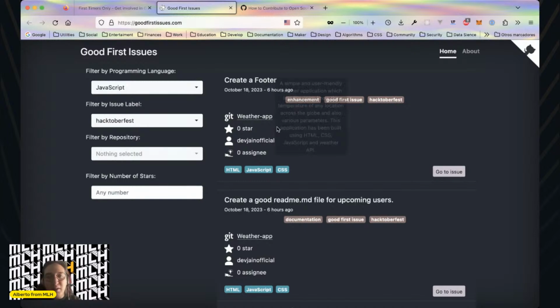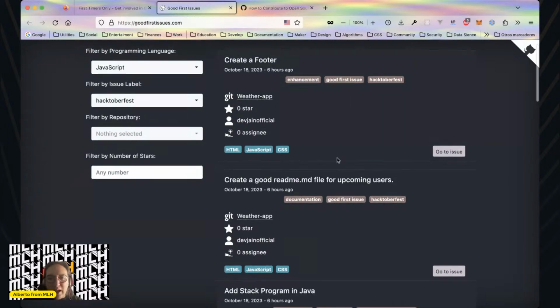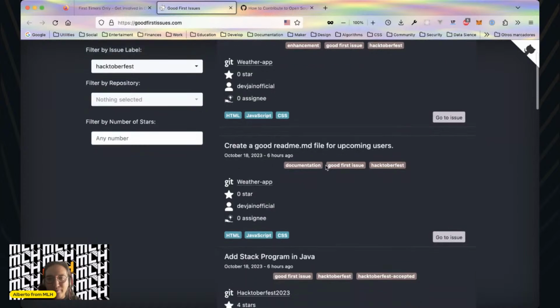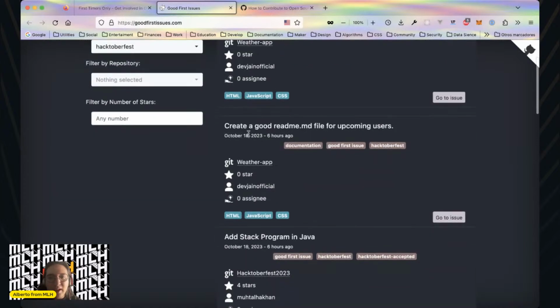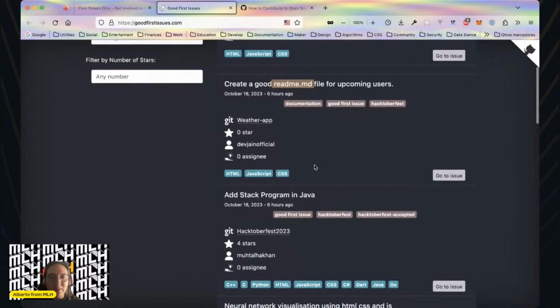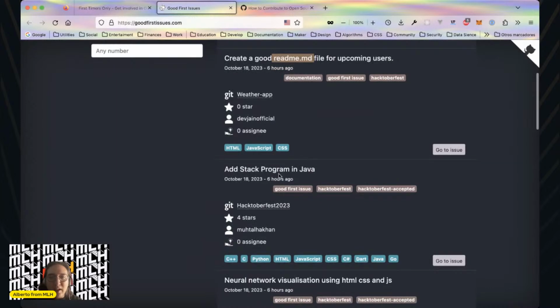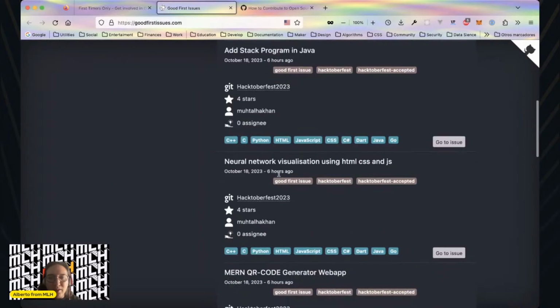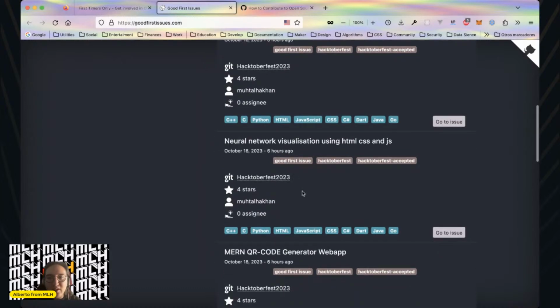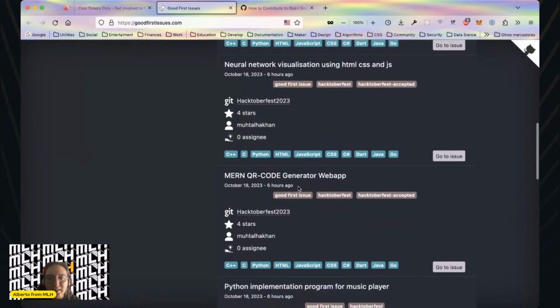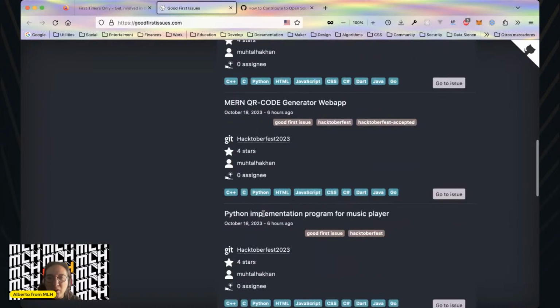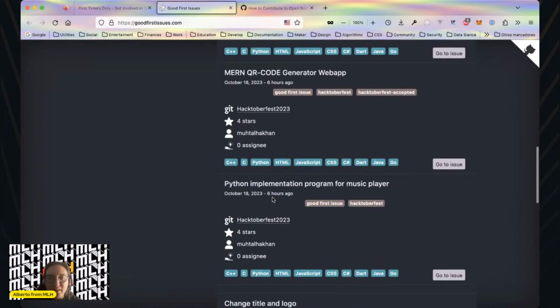This is something I can do, but I don't know. Create a good README. This will imply knowing the app, so not for me. Add stack program in Java, neural network visualization using HTML and CSS, QR code generator, Python implementation forum.